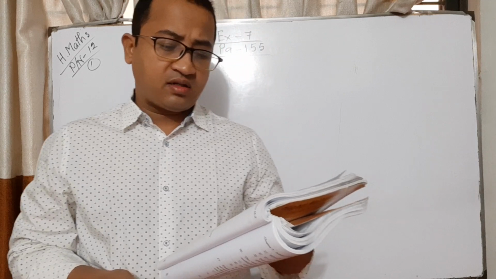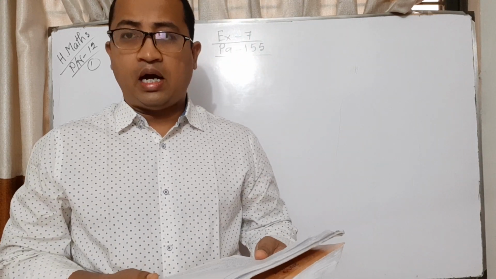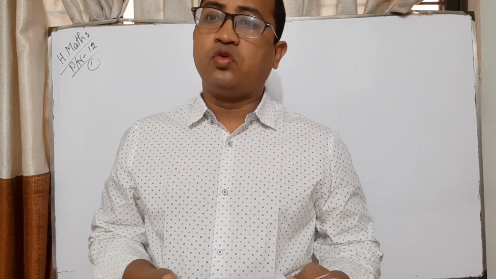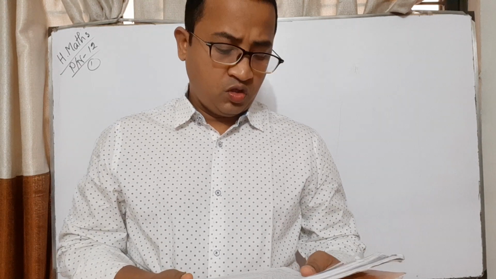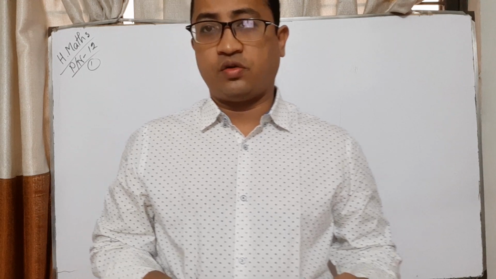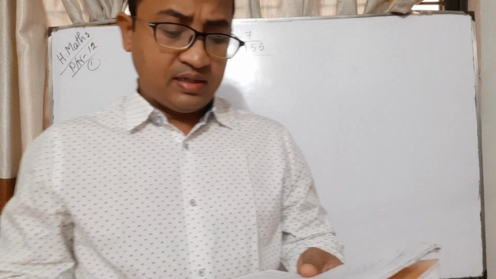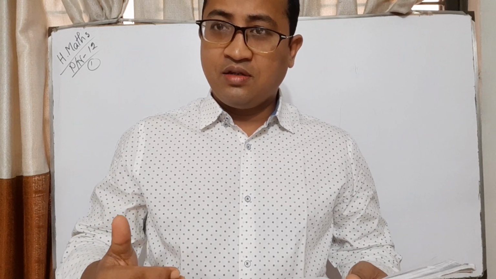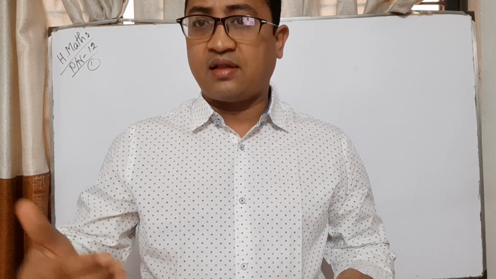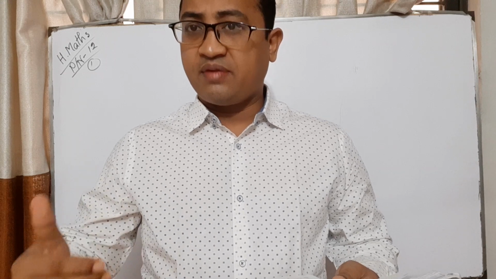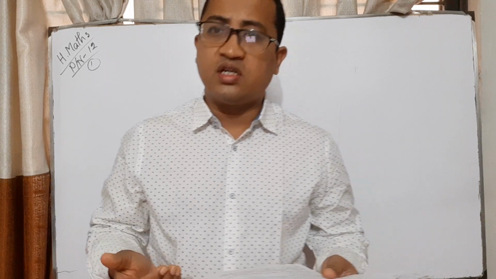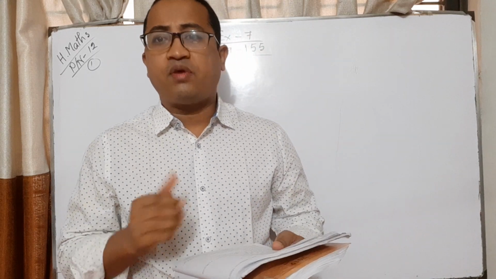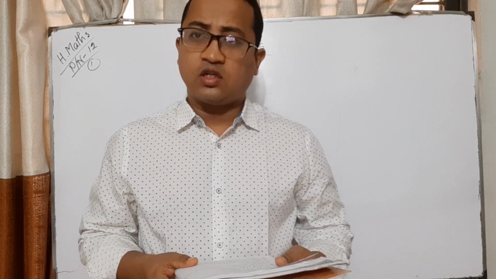Find the sum of the n term of the series given below. There are two questions, 1 and 2. I will solve one and you will do one yourself at home. So let's start with question number one: 7 plus 77 plus 777 plus 7777, like this. It is increasing. So how can you find the sum of this series? We will show it now.